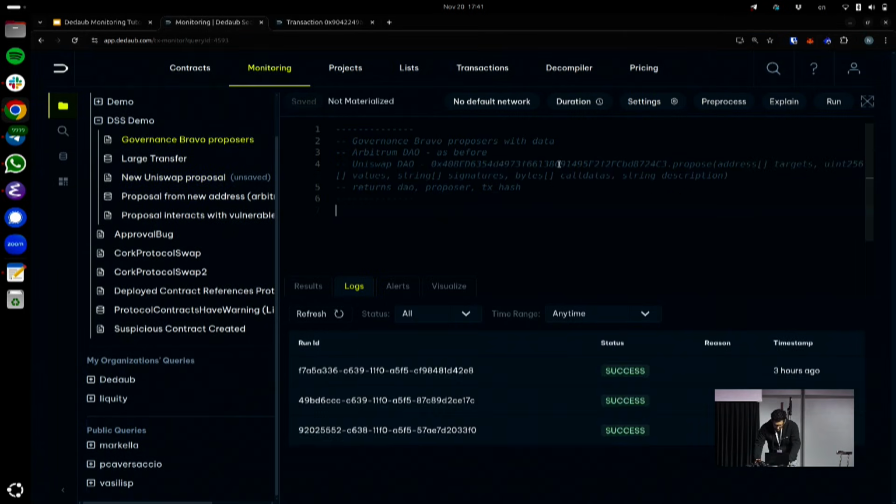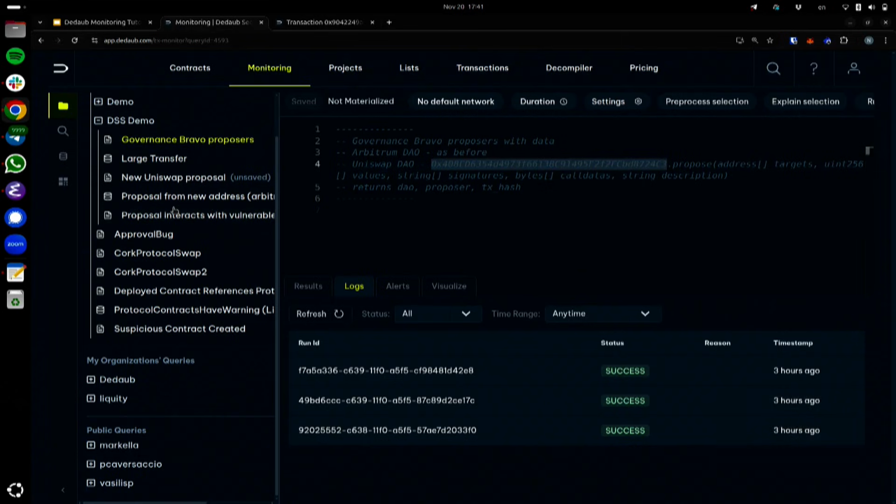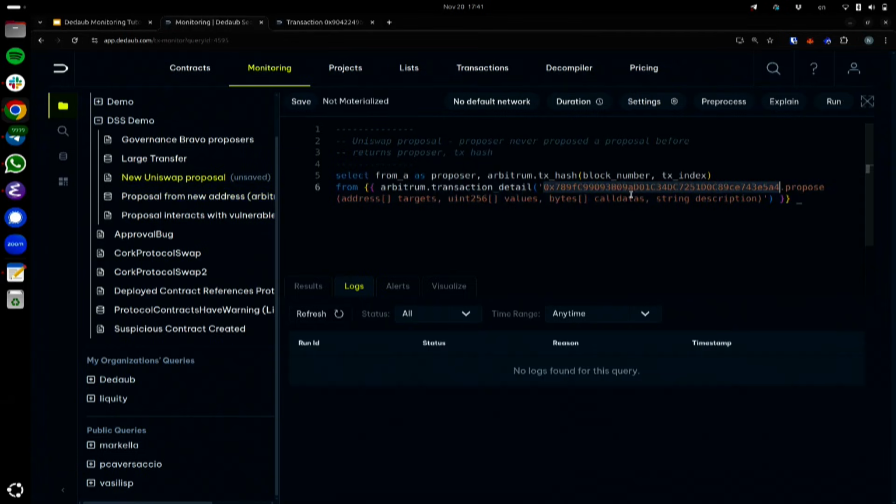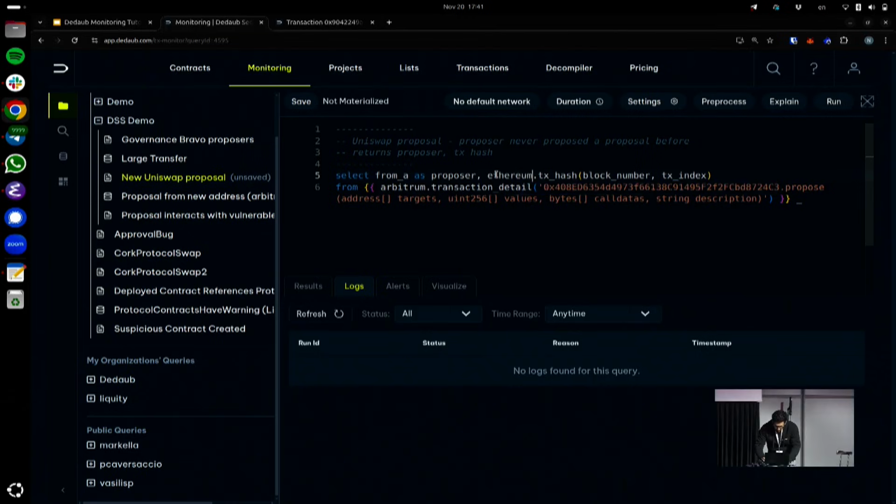I'll copy the Uniswap DAO address from here. I'll put this here, and I'll change this to Ethereum since I know that the DAO is on Ethereum. And then I'll add another condition. I will say where proposer not in,